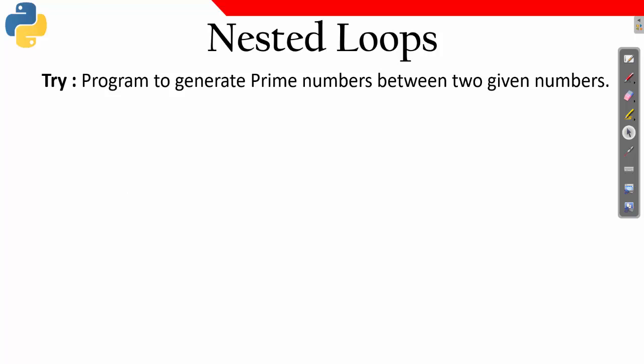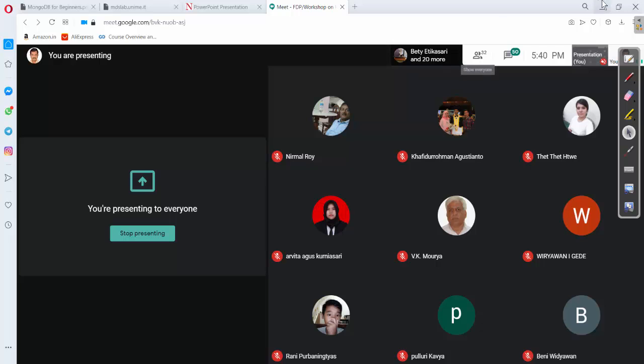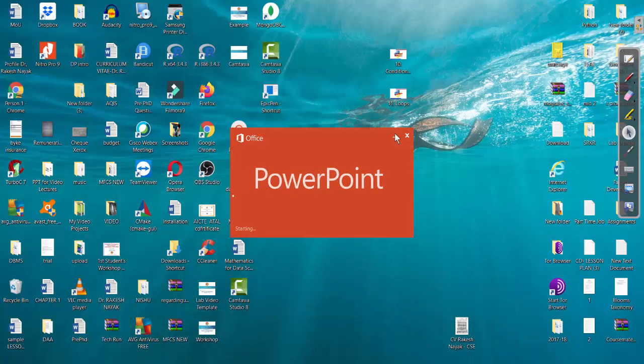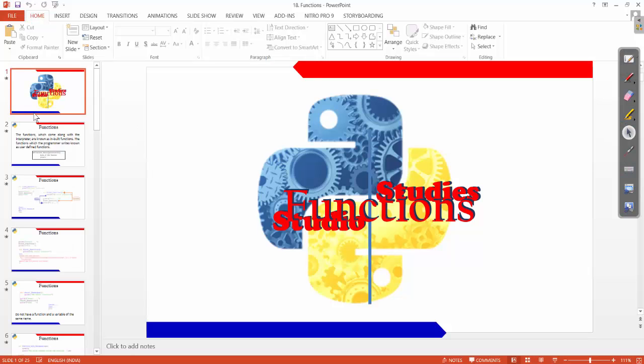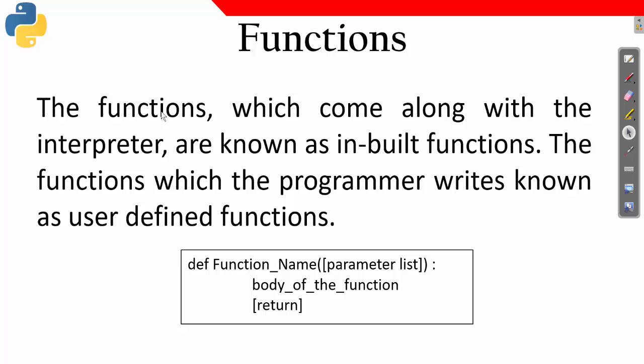We don't have time right now to try different programs. I will be giving you study material, and from that you can learn. One very important thing that I need to say is regarding functions. Still, if you have some doubt, on the last day we can have some time to complete it. Okay.